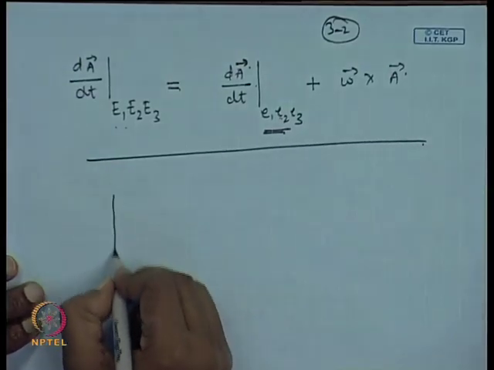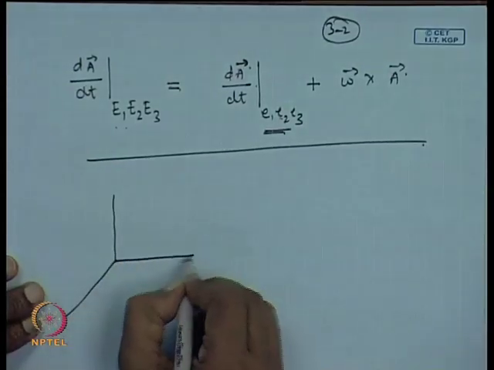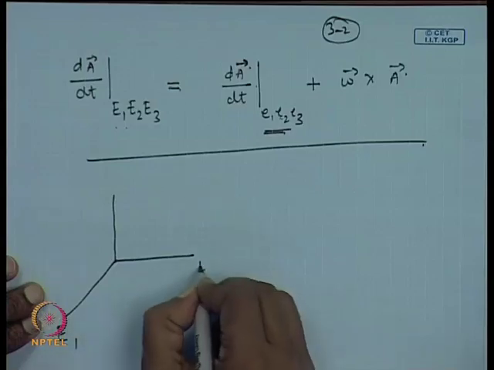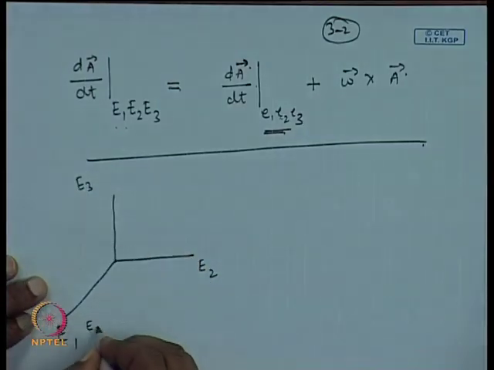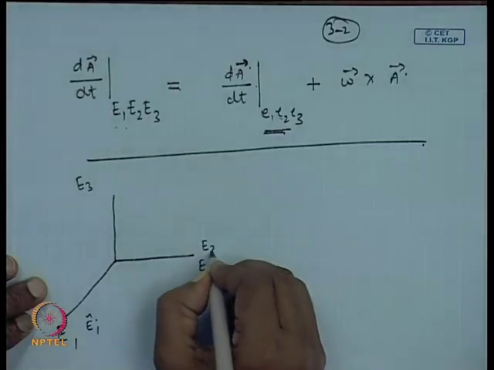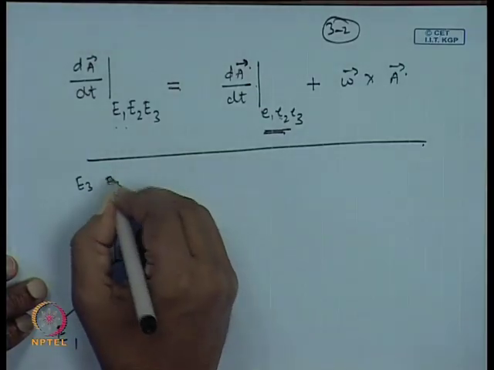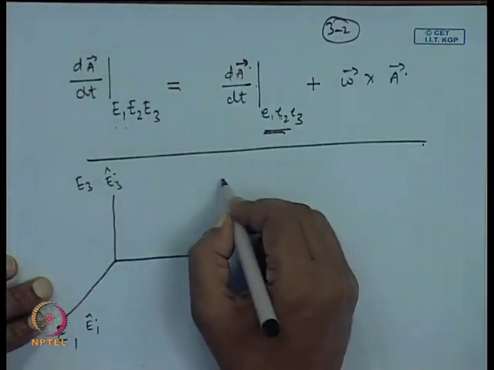In that context we made a reference frame here with unit vectors E1 cap, E2 cap and E3 cap, and then we had a rigid body here,